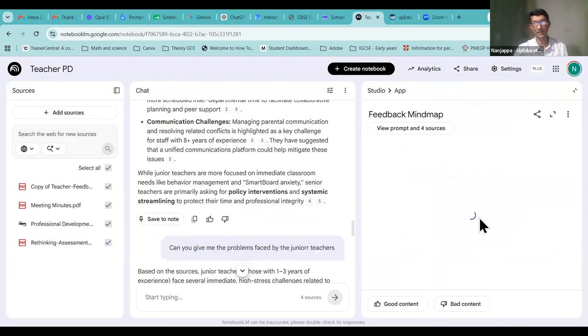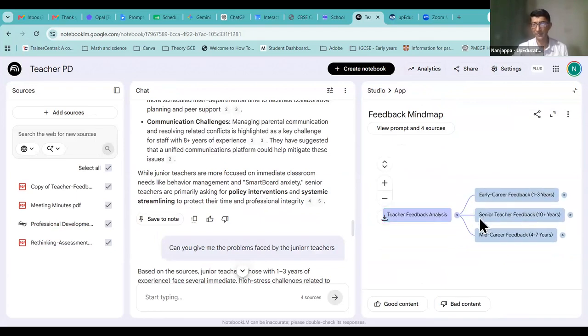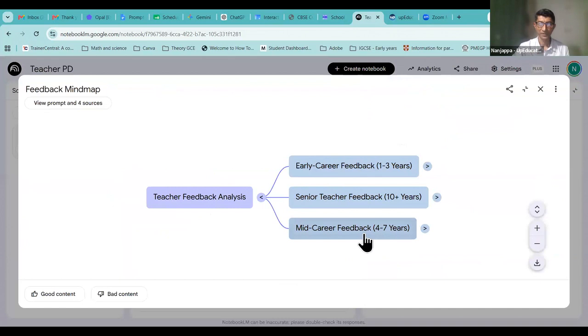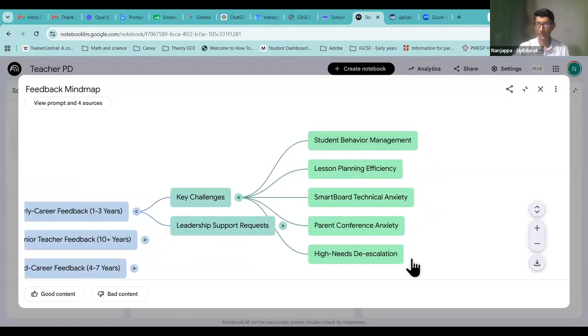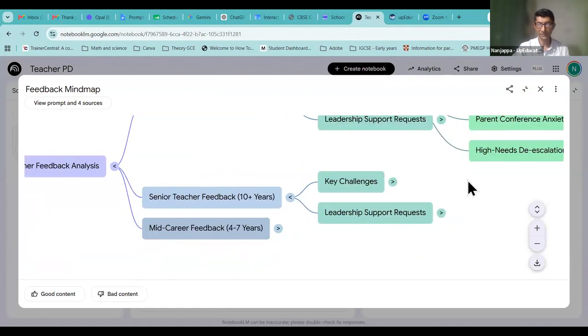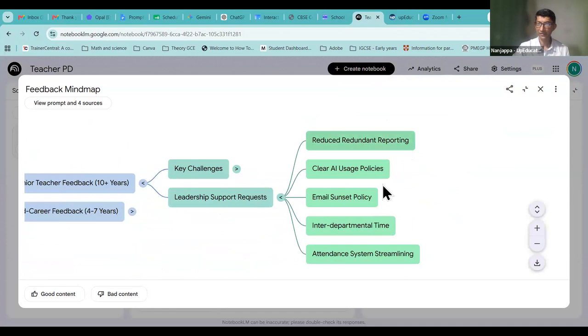Now comes the right-hand side where the Studio app is there. Okay, now here I've just created a mind map. So teacher feedback analysis, early career feedback, that is 1 to 3 years experience. These are the problems that are being faced, key challenges. Okay, so like this. Now the senior teachers, 10 plus years experience, the leadership support request, what they want is